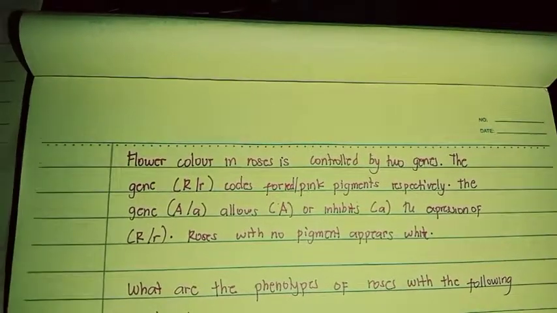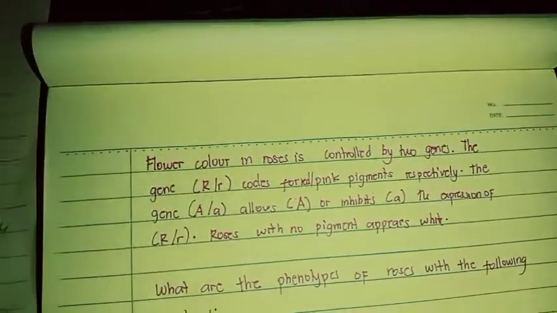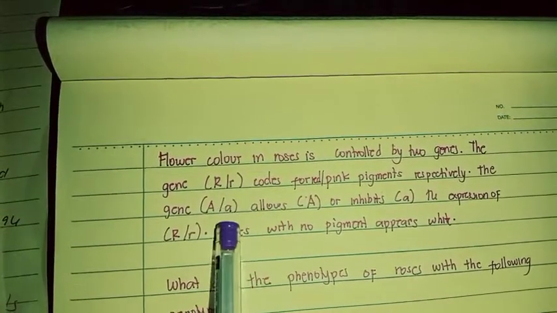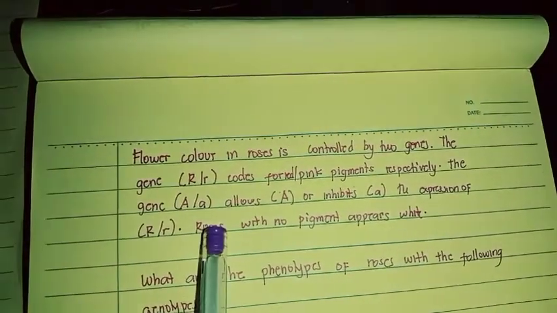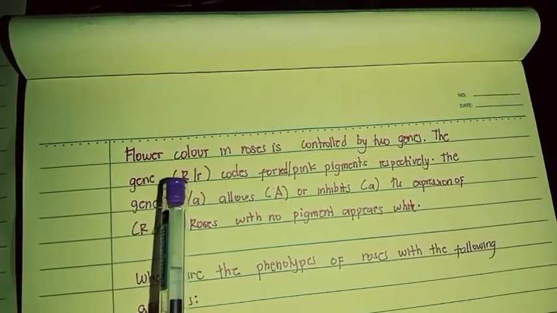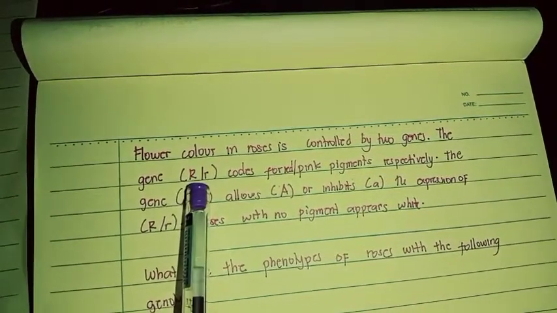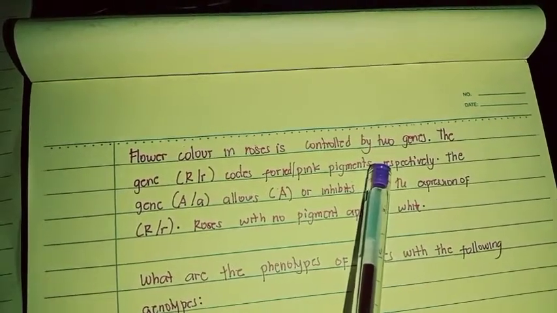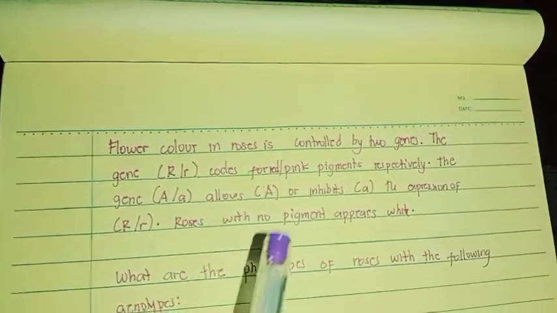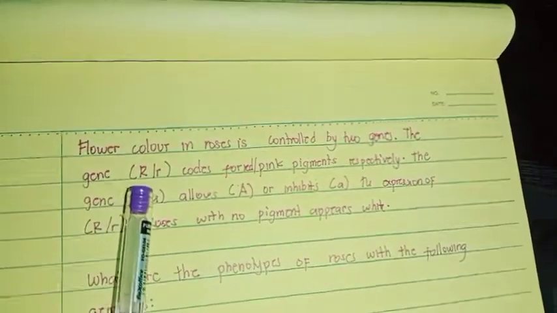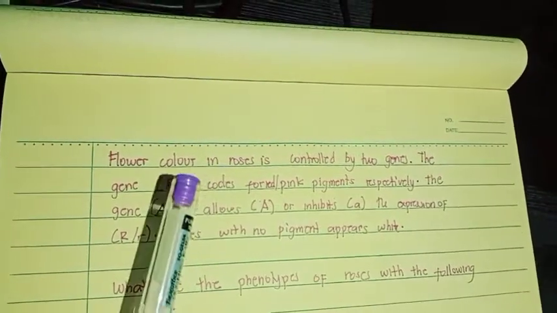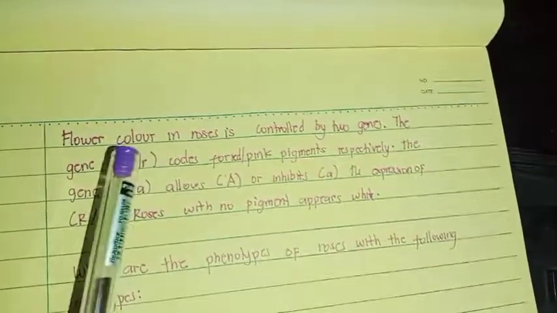So in this question, we have two genes: the gene capital R and small letter r, and the gene capital A and small letter a. The gene capital R codes for red pigments, and the small letter r codes for pink pigments. The gene capital A allows the expression of these genes, and the small a will inhibit the expression of the capital R and the small letter r genes,